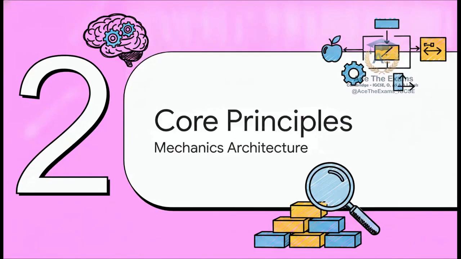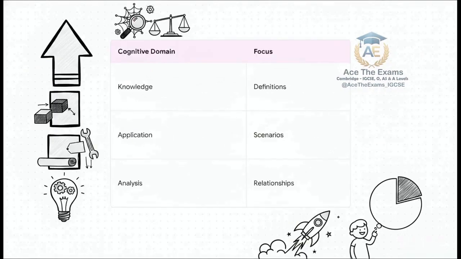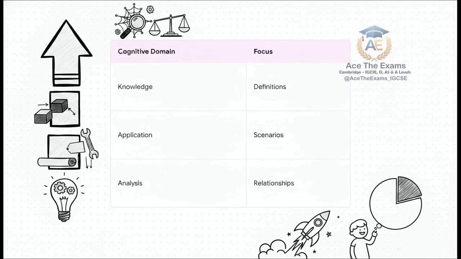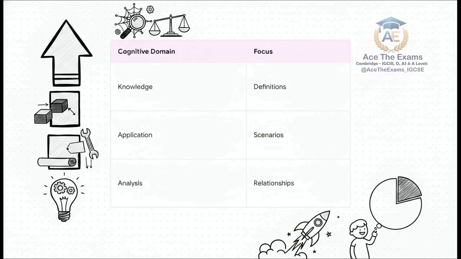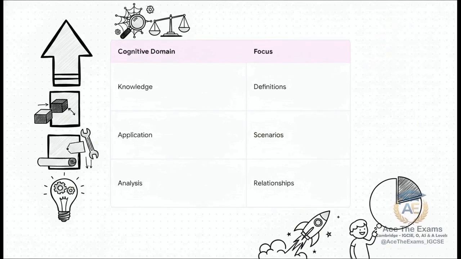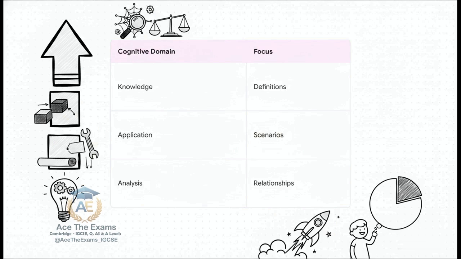Moving on to section 2, core theoretical principles and the mechanics architecture. Now, what's really fascinating about this slide is how it visualizes the assessment objectives. Notice how the objectives for Newton's third law aren't just one flat category. They are explicitly mapped across 3 distinct cognitive domains: knowledge and understanding, application, and analysis. You can't just define the law, you actually have to apply it to a really complex scenario and then analyze the resulting forces. If your answer only demonstrates basic knowledge, you're literally leaving 2/3 of the marks on the table.